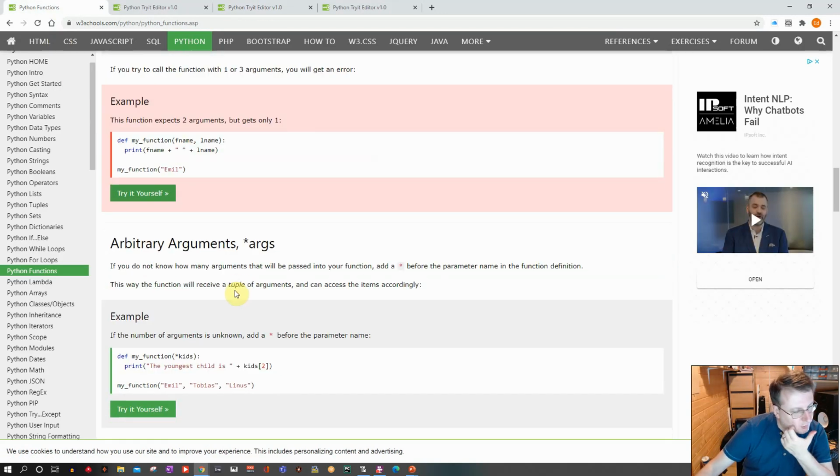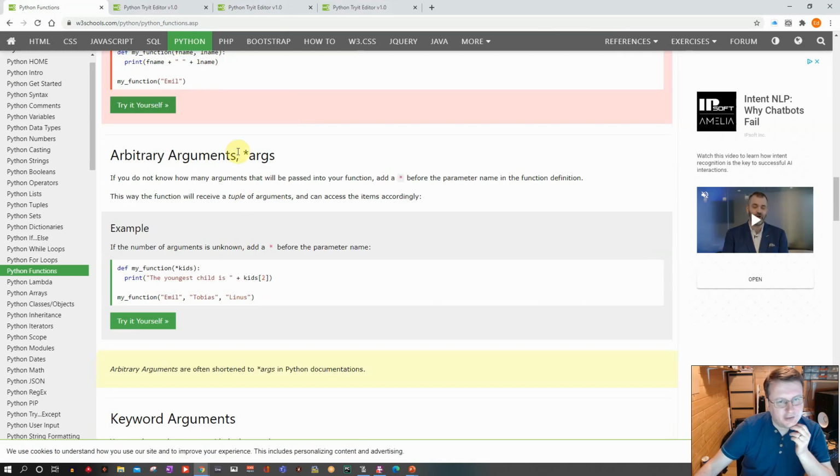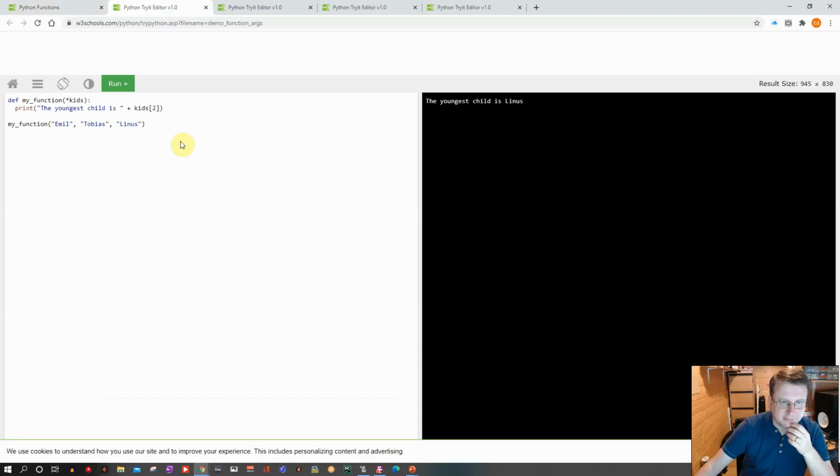We can also have an arbitrary number of arguments. What that means is basically it could be any number of arguments. We don't know, and we do that just by putting a star in front of the argument. So star kids. It could be one kid, two children, 5 children. We don't know. In the example, they've used 3. Okay,